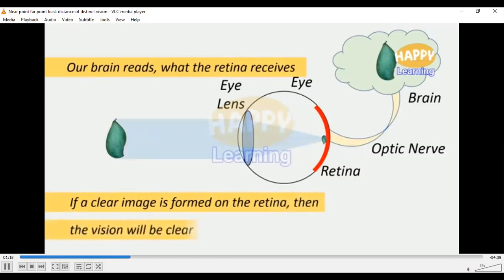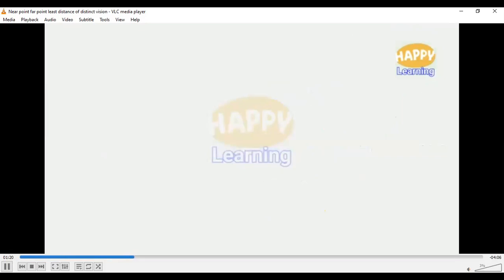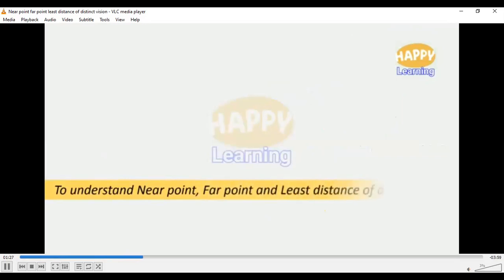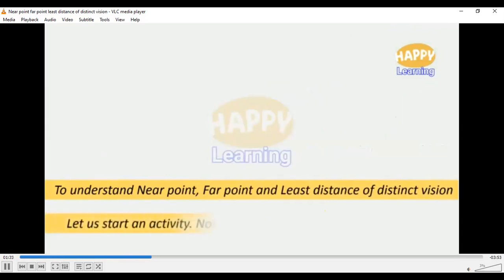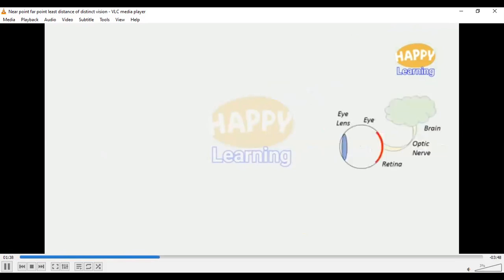Now, the clearer the image on the retina, the clearer our vision. To understand far point, near point, and the least distance of distinct vision, watch this activity. Now, this is your eye, and the object is placed in front of the eye at this distance, so an inverted clear image is formed on the retina, and the vision is clear for the brain.